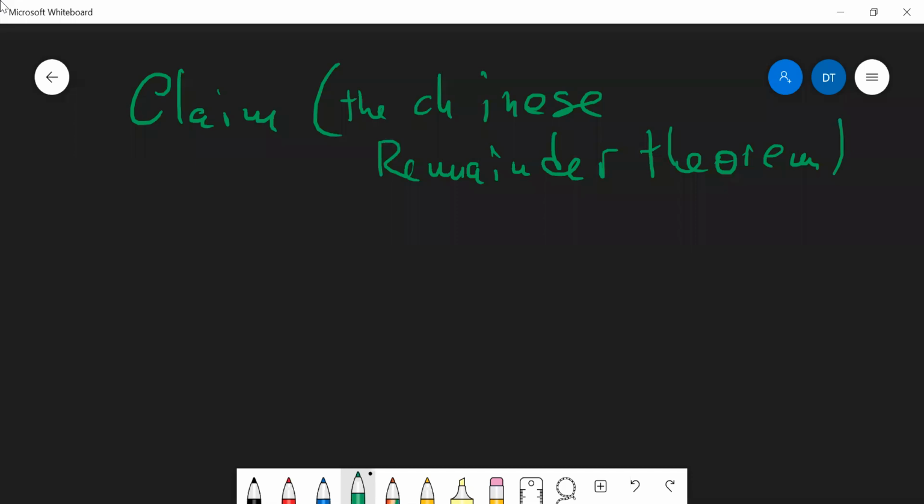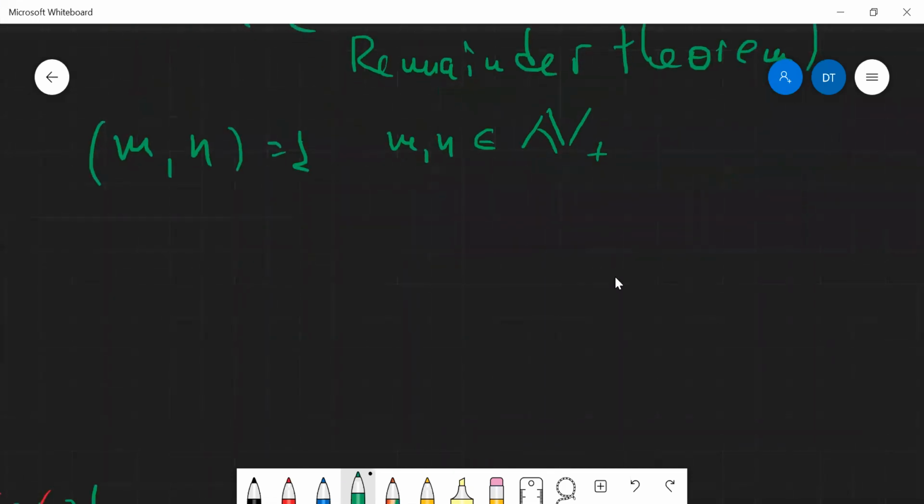So suppose we are given two coprime integers. Well, suppose they're even positive. So m and n are two positive integers and they are coprime. Then